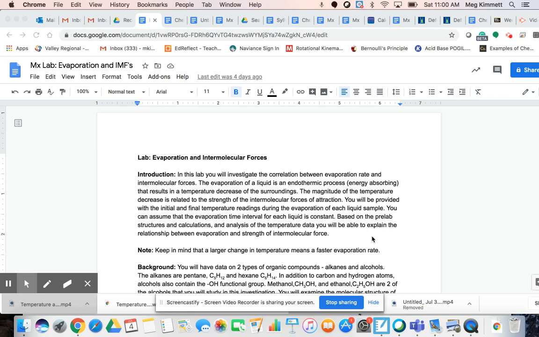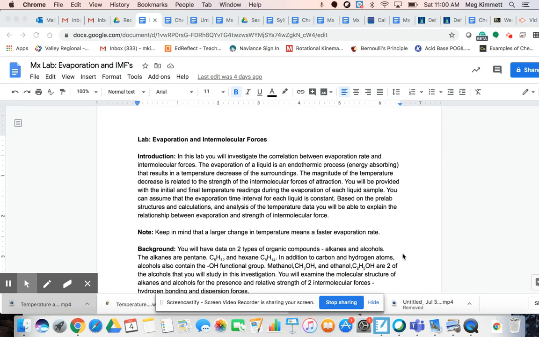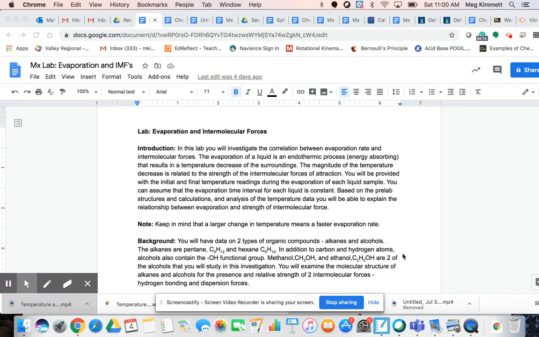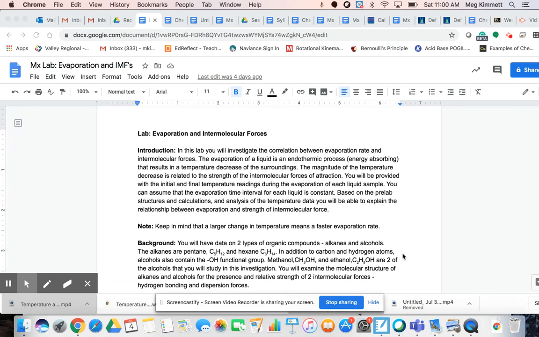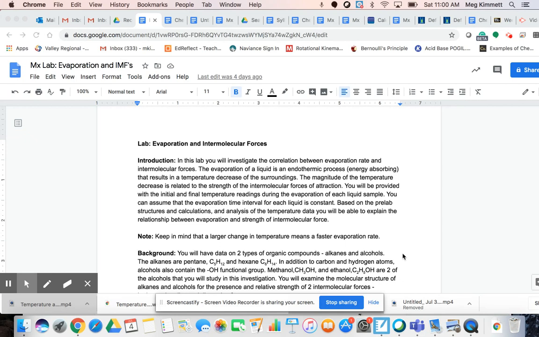Hi, I'm going to give you just a little bit of background for this first lab, which I'm really going to call an investigation, because I'm going to provide you with a set of data that you will analyze. So you're not actually going to be collecting data, which you will be doing in your second lab. So for this first lab, it's going to be important that you watch or listen to at least